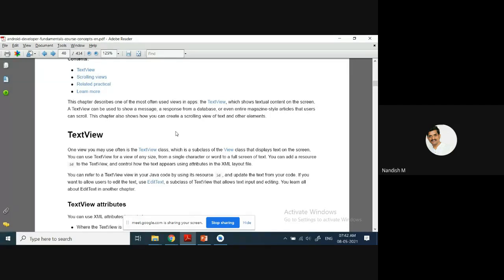There, you cannot edit from the front end. It is not a text box where you can erase it and once again type whatever you want. From the background, from the database, you have to set the value that will be visible. Is it clear? What is the text view?